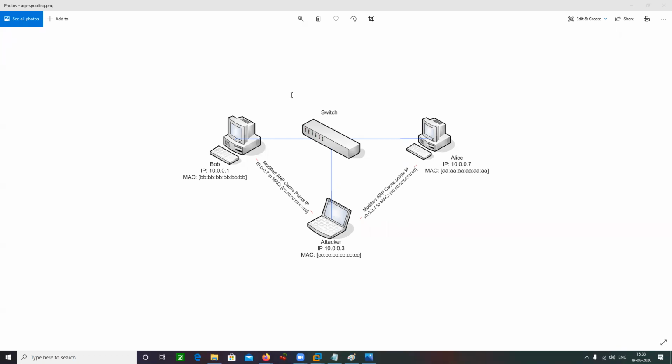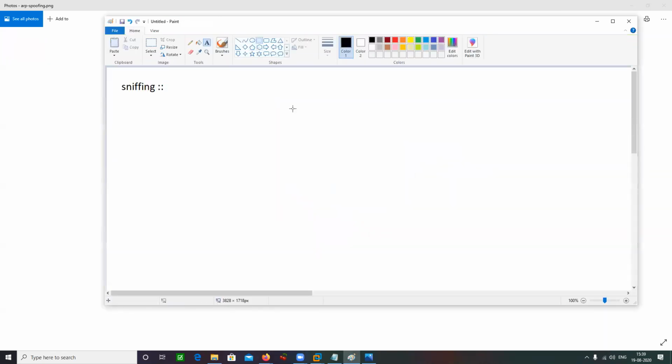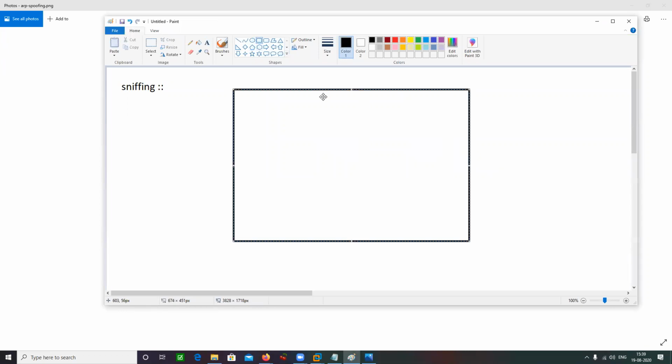Okay, let me try using some kind of a text here. Let's go to Paint, that would be better. If there is some kind of a table there, divided like this.